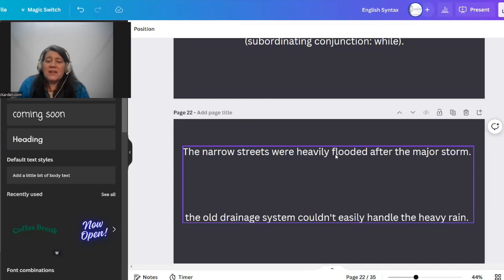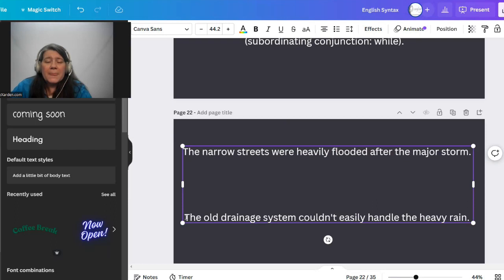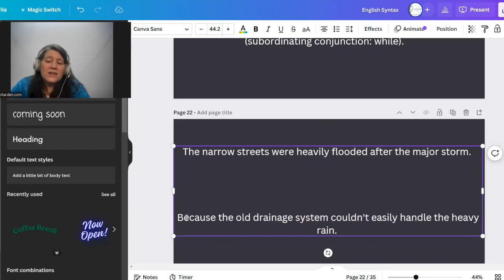The narrow streets were heavily flooded after the major storm. The old drainage system couldn't easily handle the heavy rain. Okay, we could just leave these two simple sentences like this and have it be absolutely beautiful. But we want to show a relationship between these two things. So the problem is that the old drainage system couldn't easily handle the heavy rain. Okay, so we're going to put because the old drainage system couldn't easily handle the heavy rain,